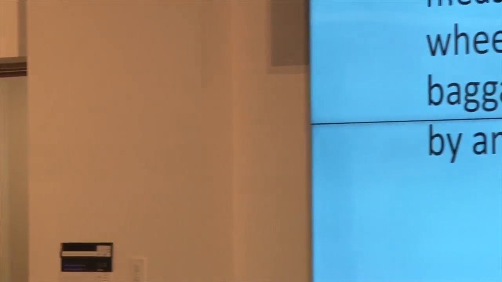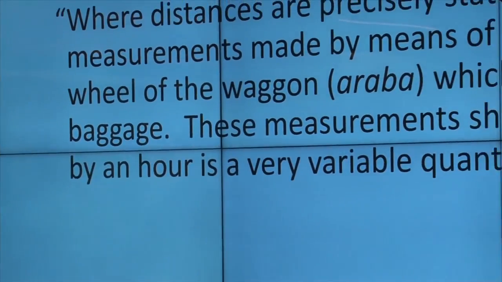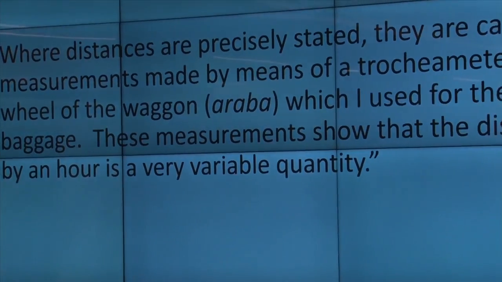For road distances, the epigrapher John Anderson, another Scot who was actually Ramsay's pupil, hoped that he had brought a sufficiently robust device for use on his venture into Pontus in 1899. And he explains, where distances are precisely stated, they are calculated from measurements made by means of